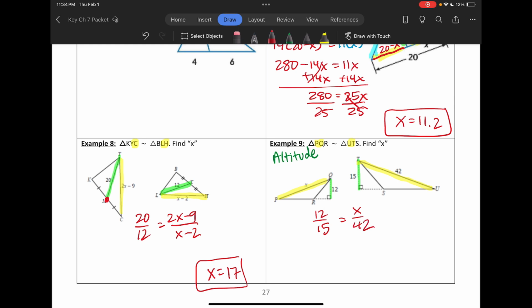If you cross multiply, this one's not that bad. We'll just go ahead and work it out real quick. 15 times x is 15x. And then 12 times 42 gives us 504. From here, you would divide by 15. We end up with x is equal to 33.6. Okay. So that's going to cover the end of